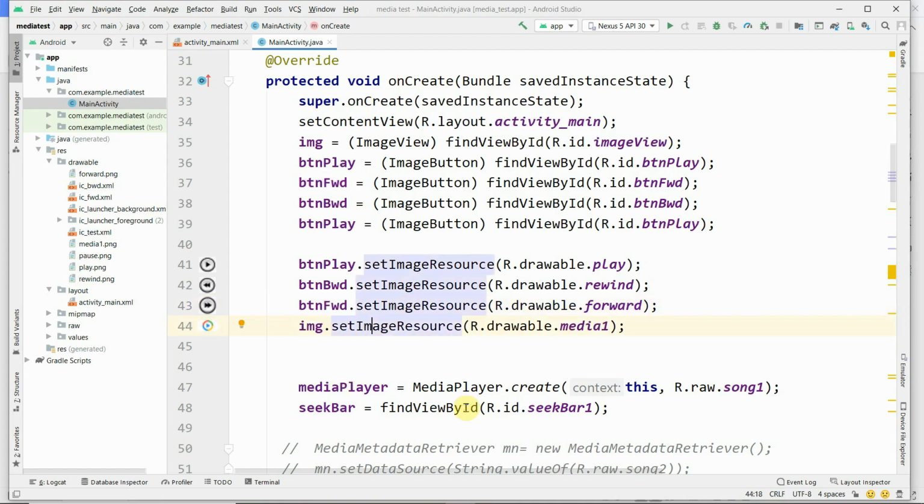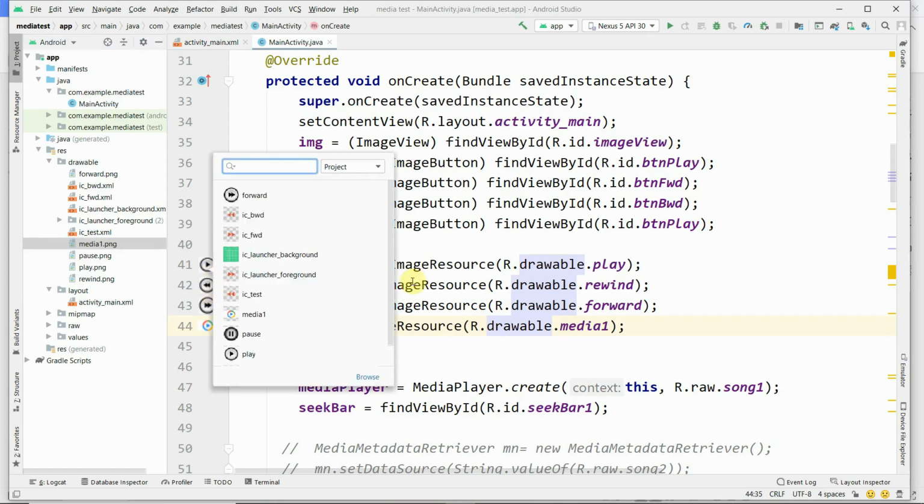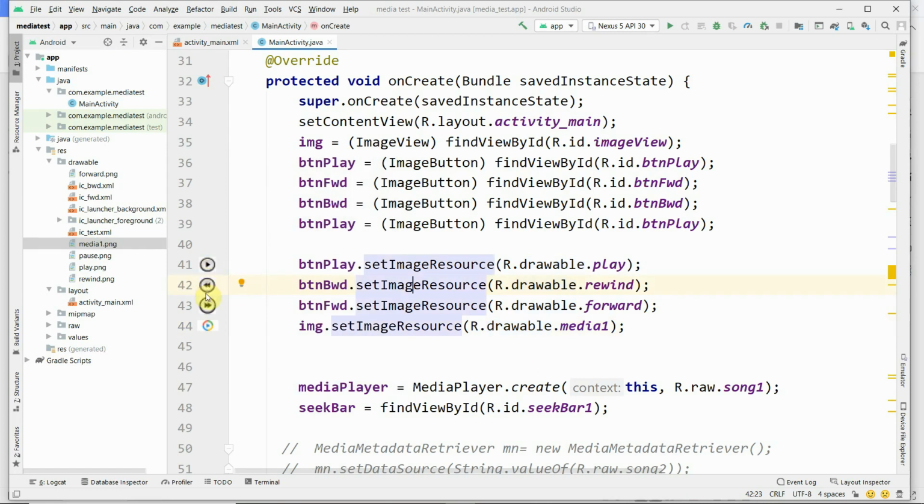And then img.setImageSource, img is an image view object. Then we are setting R.drawable.media1. Okay, this media image will be set. Images are already shown here. Whatever image is set, it is shown at the left side.